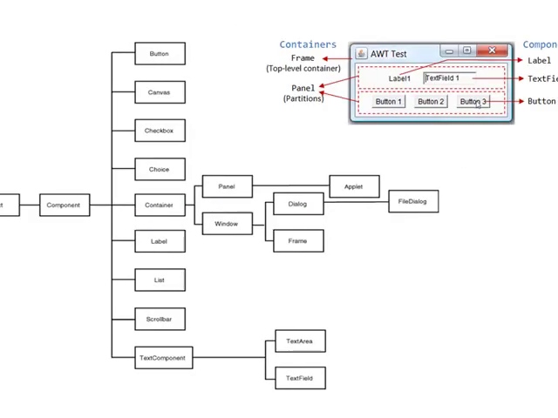So if you see this image, all these are the components. It may be a label or button 2 or button 3, frame, panel, all these are components. Mostly we are using this frame class to hold the components. And sometimes we can use panel class also to place the components. But here the difference between frame class and panel class is the panel doesn't contain title bar and menu bar, but frame contains title and menu bars.